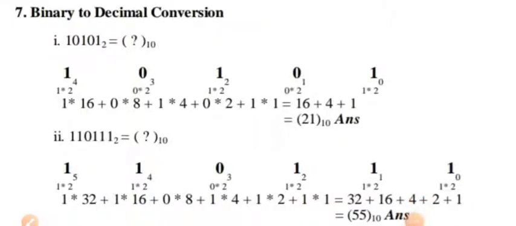Binary to decimal conversion says the binary number system is a positional system where each binary digit carries a certain weight based on its position relative to the LSB. LSB means least significant bit. Any binary number can be converted to its decimal equivalent simply by summing together the weights of the various positions in the binary number which contain a 1.